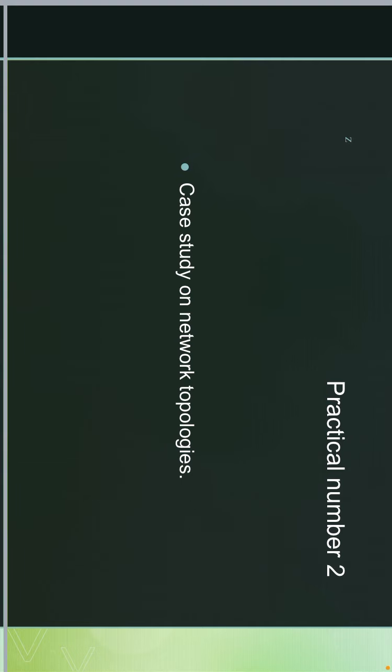Now what are the essentials of data communication? We had studied 5 main essentials in this unit. Those essentials of data communication were the message or the information that you are sending, the sender, the receiver, encoding, decoding, and the media. So these 5 points are the essentials of data communication. The first is the sender, the one who is sending the message. Receiver is the one who is receiving the message. It can be a system or a person. So these are the 2 main essentials.